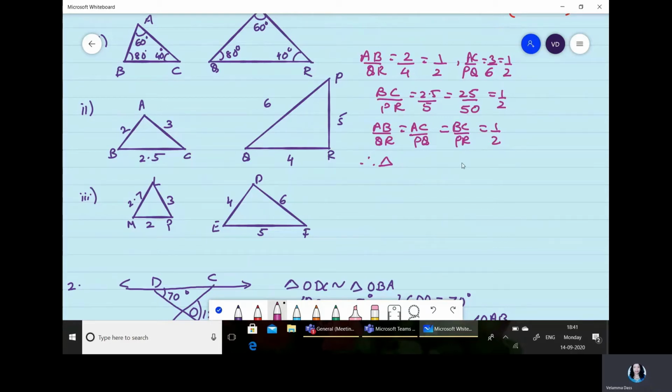Now to write the similarity correspondence, you have to be very careful about which letter corresponds to which letter. So let's fix triangle ABC. Now when I see AB upon QR, we don't understand whether A really corresponds to Q or A corresponds to R. So when you compare two ratios, it will be more clear. In the numerator, I have AB. Here also in the numerator, I have the second ratio AC. So A is the common letter in the numerator.